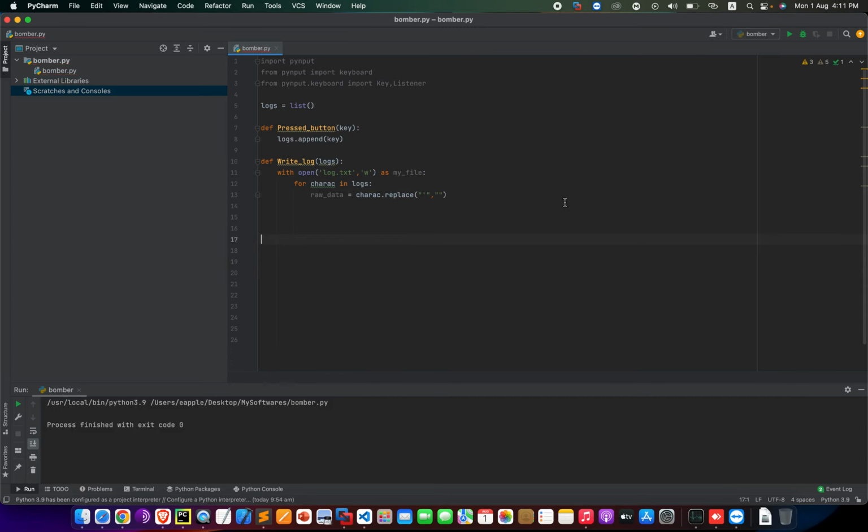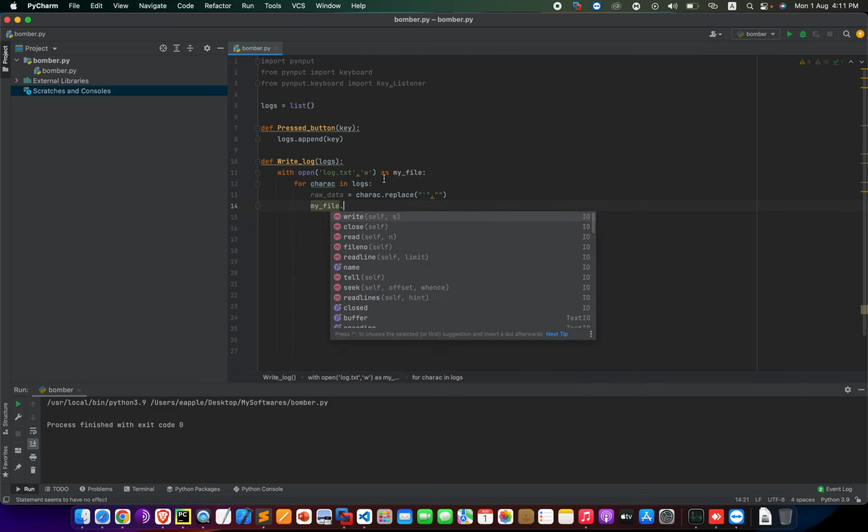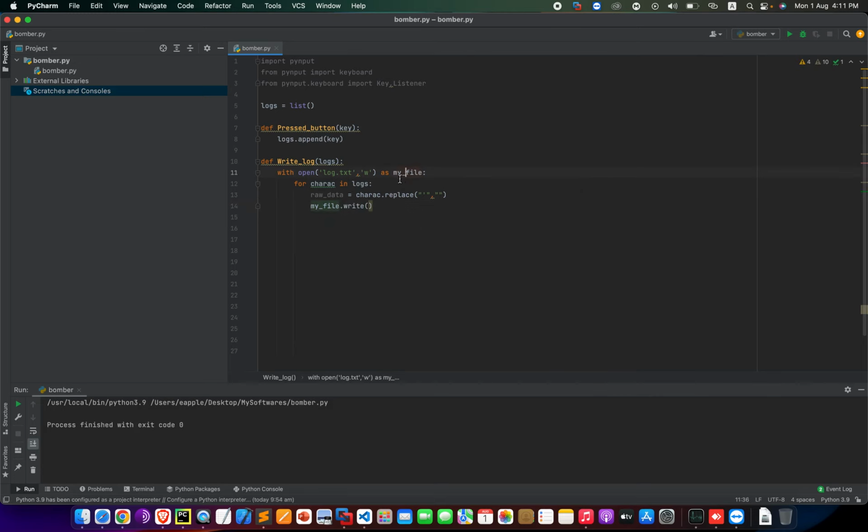So that's why I did it. Right now I am going to write this data. For this, I can use my file dot write. This is a variable, and in this variable we have a log txt file. I'm going to write raw underscore data, and in the write function